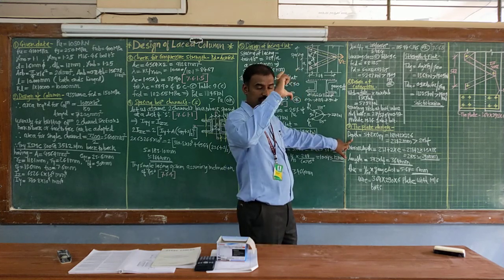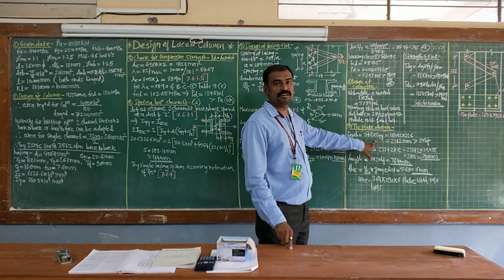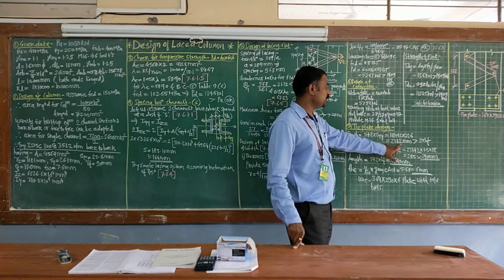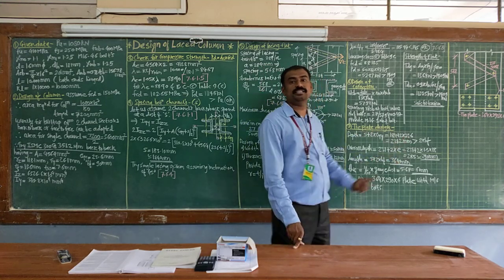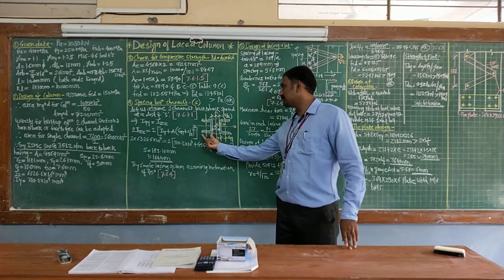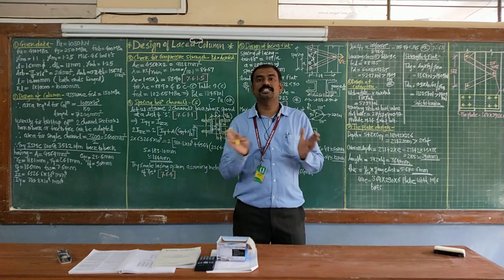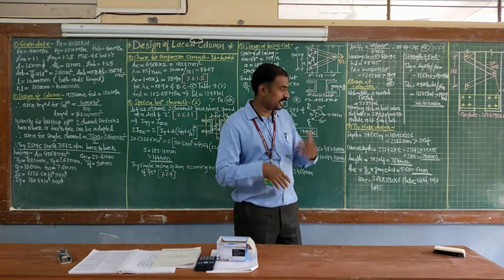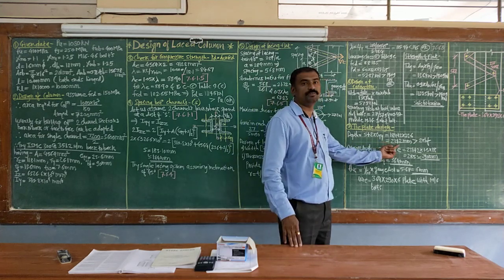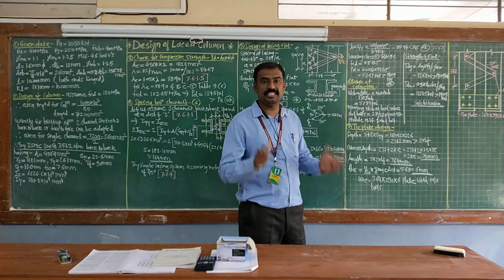So the overall depth, or depth of the tie plate, is spacing plus 2 times CYY value, and that is equal to 231 mm. Always it should be greater than 2 times the width of flange, correct? So this is the width of flange, this is the width of flange, 2 times BF value it should be greater. So 90 mm is the width of flange, so at least it should be equal to 180, and already it is greater than 180, that is 231. Therefore it is safe.